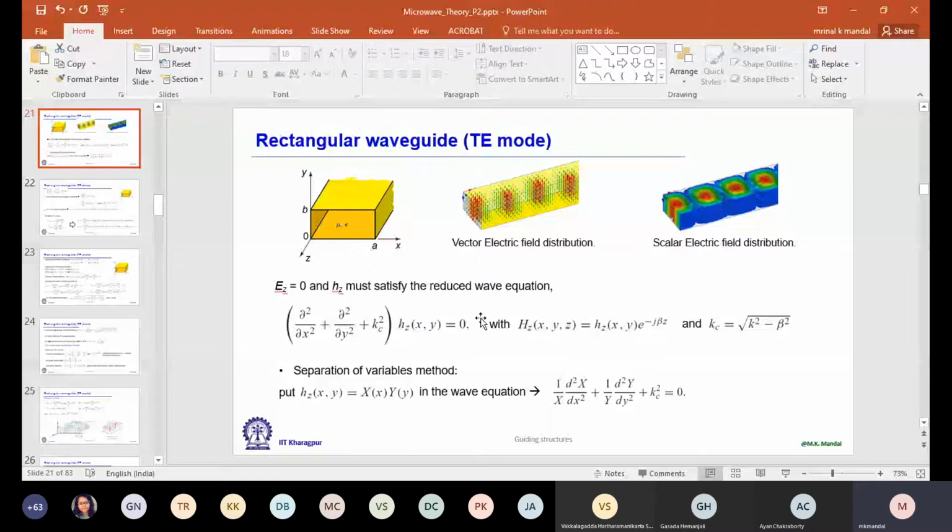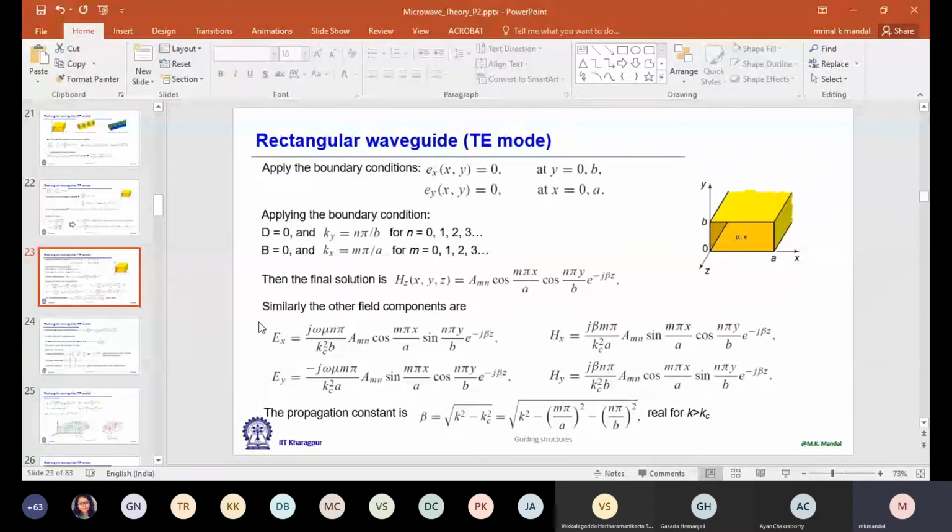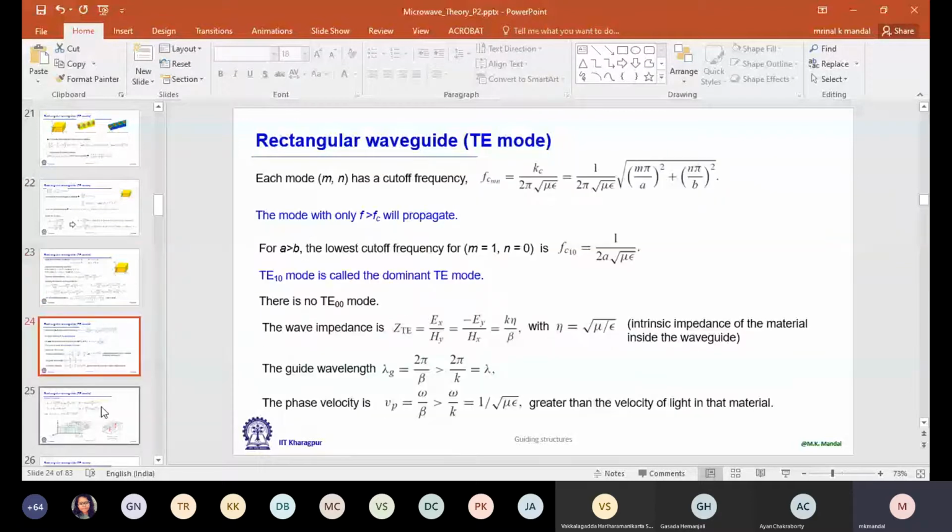We start with the reduced wave equation for Hz, and then we found the general expressions for electric field and magnetic field. And from here, what we have seen by analyzing the cutoff frequencies,